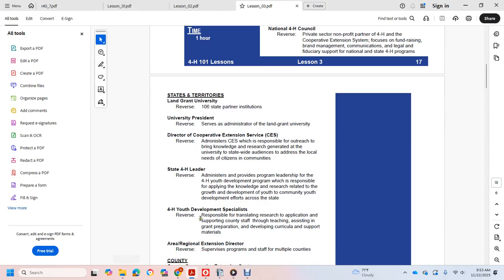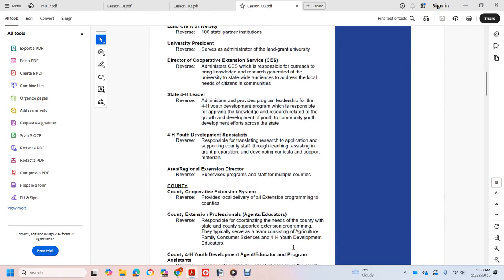4-H youth development specialist, reverse: responsible for translating research into applications, supporting county staff through teaching, assisting in grant preparation, and developing curricular support materials. Area and regional extension director, reverse: supervises program staff with multiple staff for multiple counties. County cooperative extension system, reverse: provides local delivery of extension programs to the counties. County extension professionals, agents, and educators, reverse: responsible according to the needs of the county and state, and the counties support extension programs,